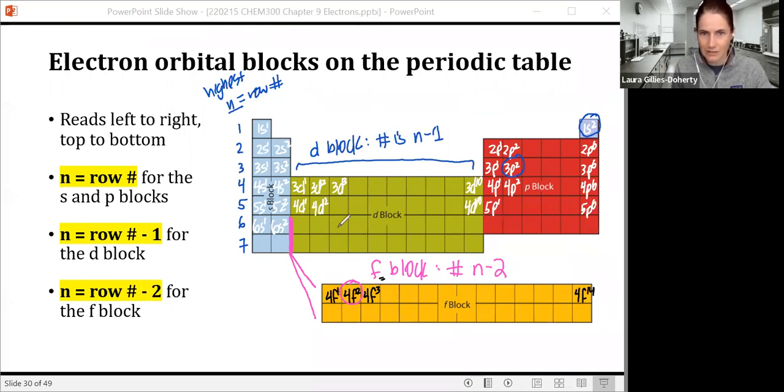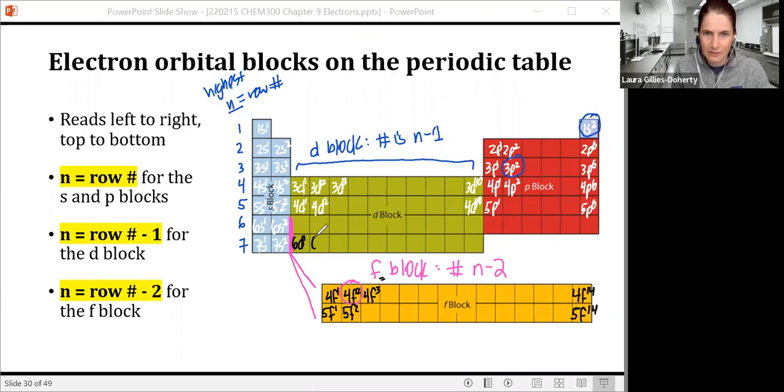And then you continue along into the D block. The next one down, we kept going down a row. We get to 7s1, 7s2. Then you hit where the lanthanides and actinides should be. So you got to drop down. And this is an n of 7. So we have to subtract 2 to get the F number. So it's 5f1, 5f2, all the way across to 5f14, because an F subshell fills up with 14 electrons, and then you would continue here in the D,